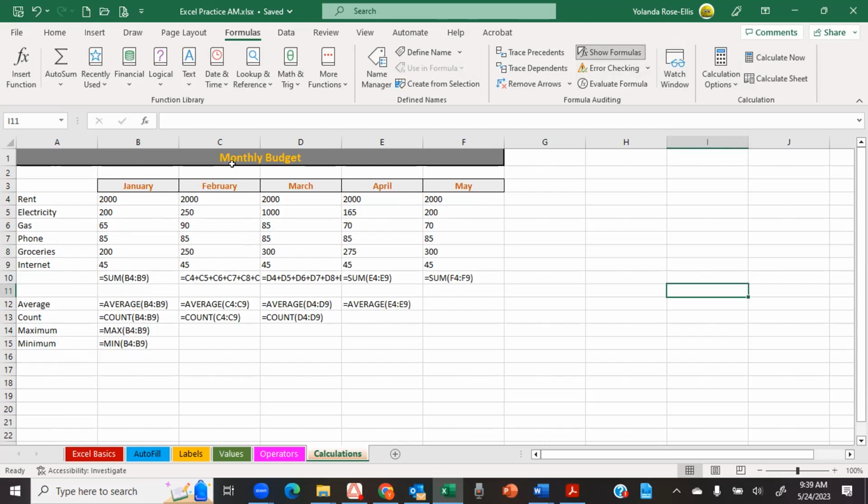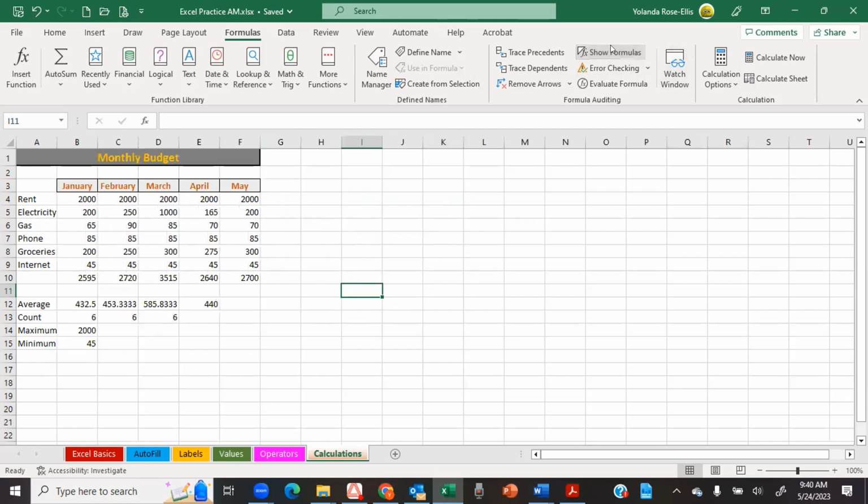B10 has a formula, C10 has a formula, D10 has a formula, E10 has a formula, and F10 has a formula, right? There are formulas there. Okay. So when we select them, B10 through F10,